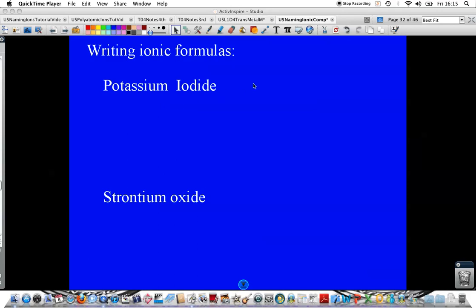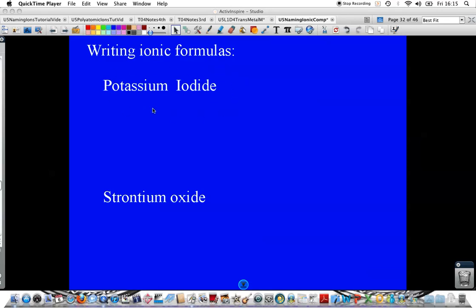This is a movie about how to write ionic formulas. The basic thing you need to remember about writing ionic formulas is that you're trying to get the right ratio of ions so that the charges will cancel. Ionic compounds don't have a charge, and so when we have this basic ionic compound like potassium iodide, we have